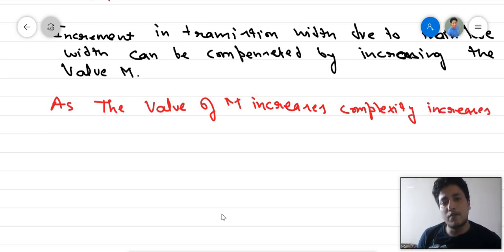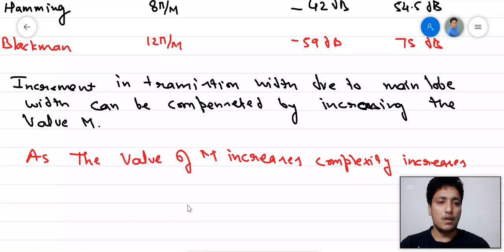That means, if we want to conclude this particular point at this instant, if we want a filter to have the same transition width as a rectangular window by using a Blackman window, we have to increase the value of M. To further discuss this point,